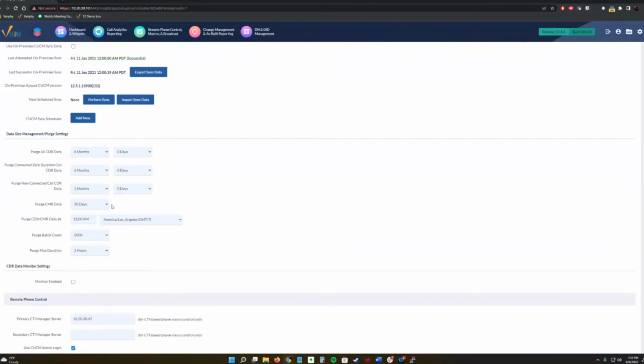One thing I do recommend for most people is this. It's hard to tell you what you should have these set up because you might have a company policy that says, oh, we need to retain 7 years of CDR or 2 years of CDR, things like that. So that's kind of going to be up to your environment.